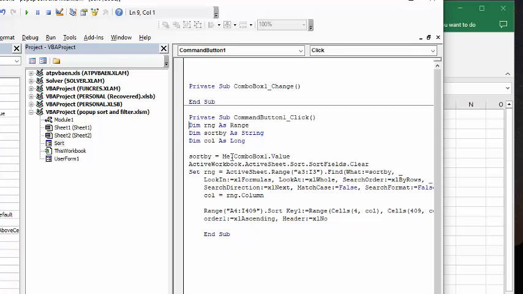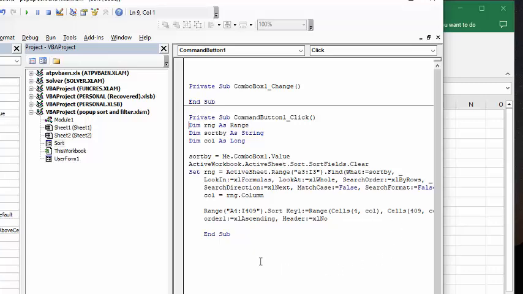So that's the values that you have in your head G. And then you're searching the heading row, which is the A3 to I3, and sort by. And so then it's going to just sort by whatever is in that column. And now I've said A4 to I409, and then sort